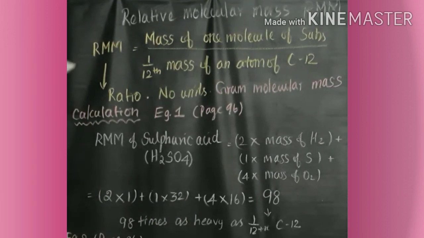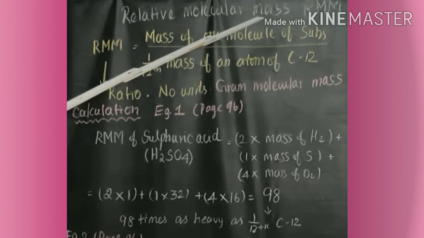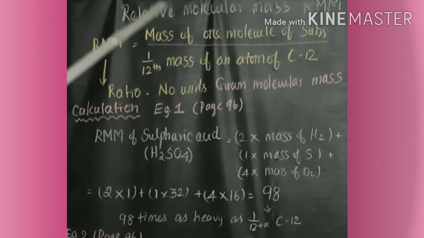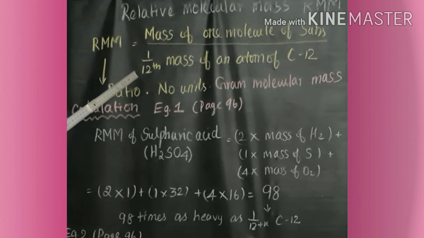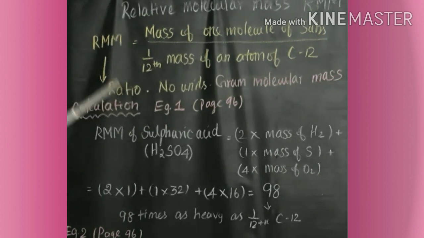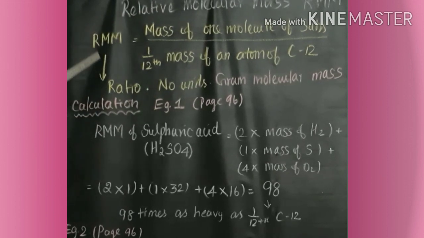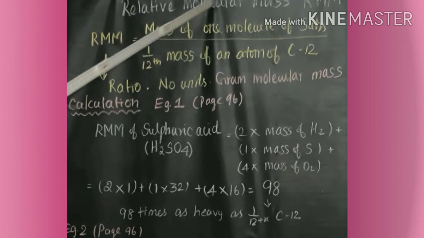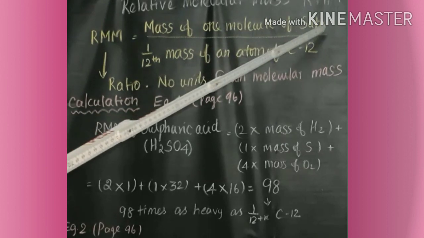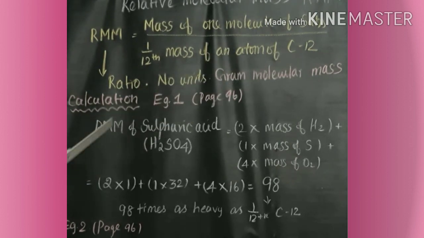Like relative atomic mass, now we are going to explain what is relative molecular mass. Relative is nothing but comparing the substance, whether molecular mass or atomic mass, with a standard one. Here also, in the case of relative molecular mass, we are taking carbon 12 as the standard atom. So how will you find the molecular mass? Like atomic mass, the RMM, relative molecular mass, is equal to the ratio of the mass of one molecule of the substance divided by 1 by 12th the mass of an atom of carbon 12.